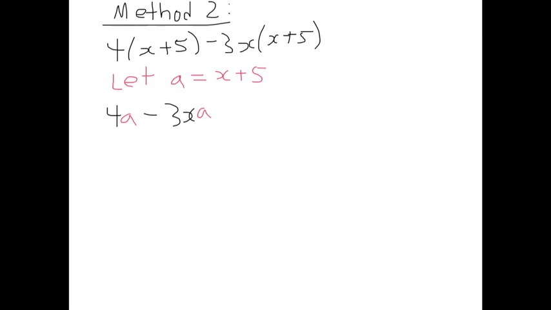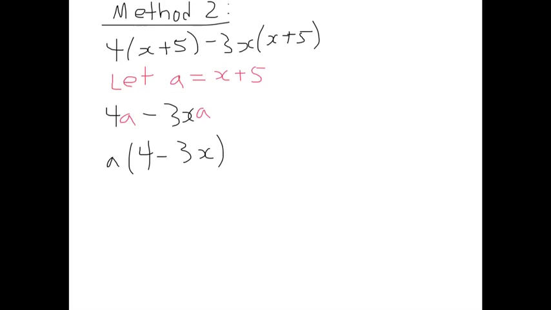Okay? So I'm going to do that. I'm going to factor the a out. And I write what's left over. Well, factor the a out of the first term and I get 4 left over. Factor the a out of the second term and I get minus 3x. Okay, I'm almost done. Now all I need to do is replace this a